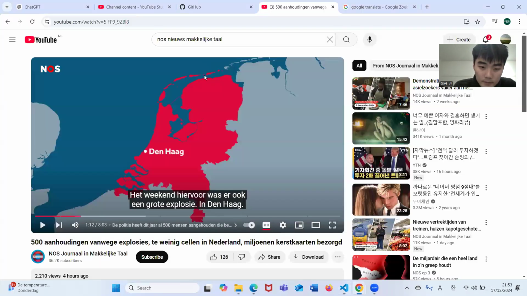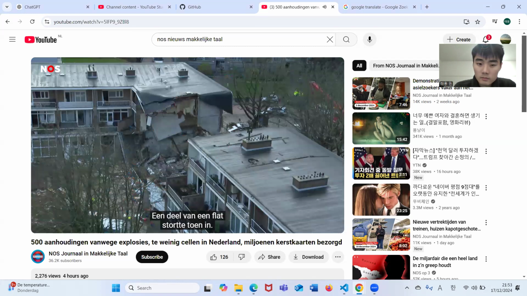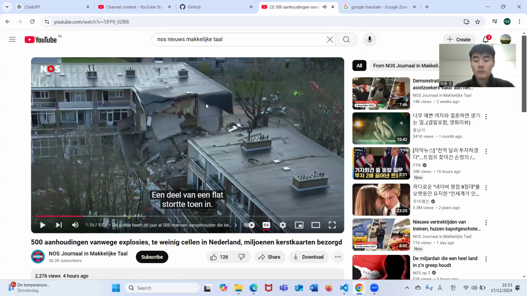Was ook één, was there also a big explosion in Den Haag? Een deel van een flat stortte.